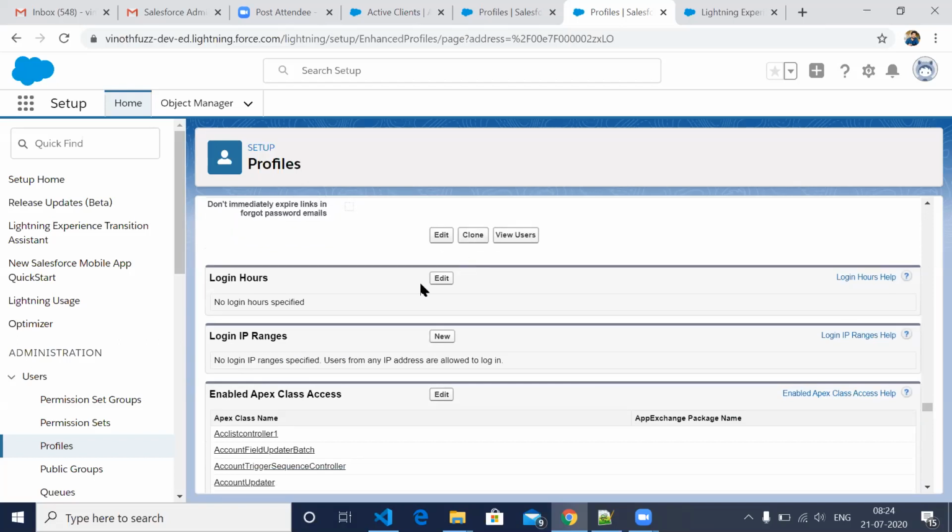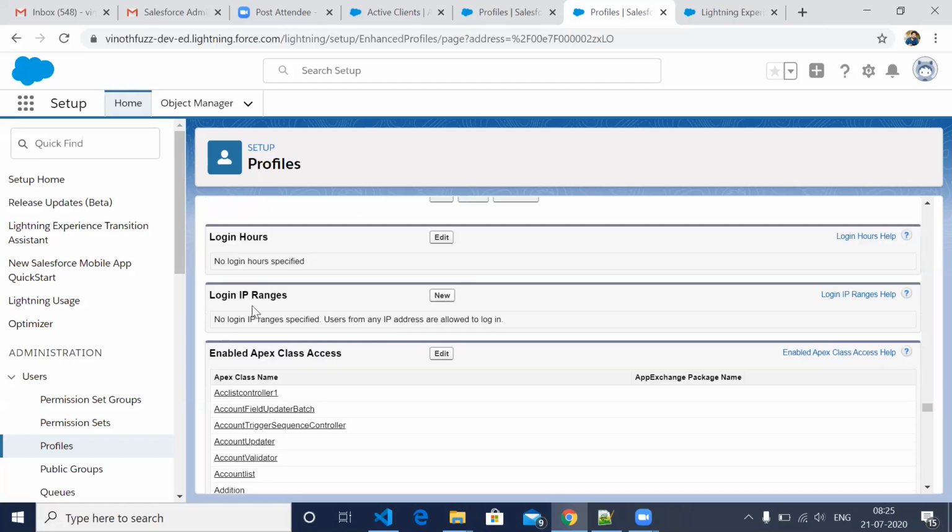What we can do is give login hours. Suppose we are working in one company using this application, and there is one profile whose working time is morning 9 to evening 5. You can put login hours like 8 o'clock to 6 o'clock, so that he will have access to this system only at that time. He will not have access beyond 6 o'clock, and if you want someone else to work on it, they will not have access either.